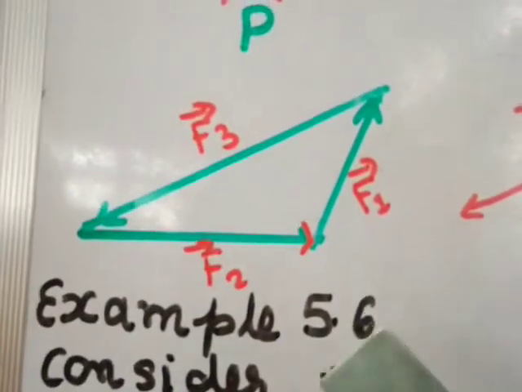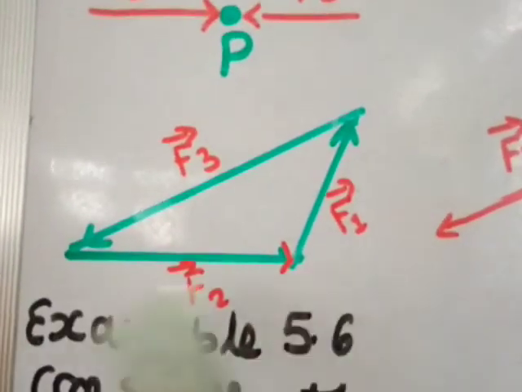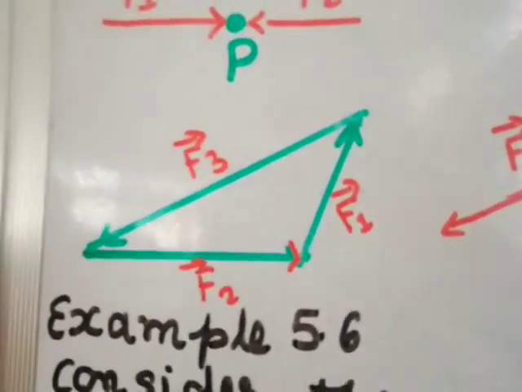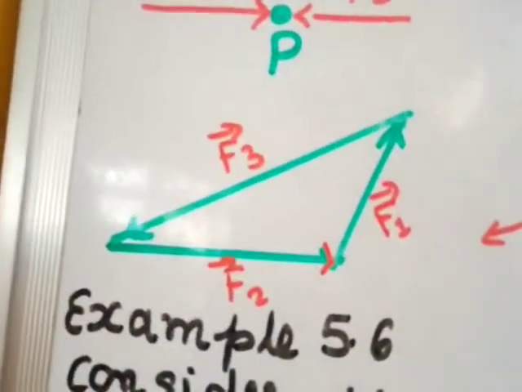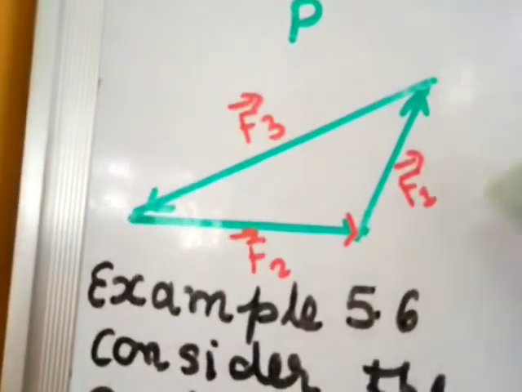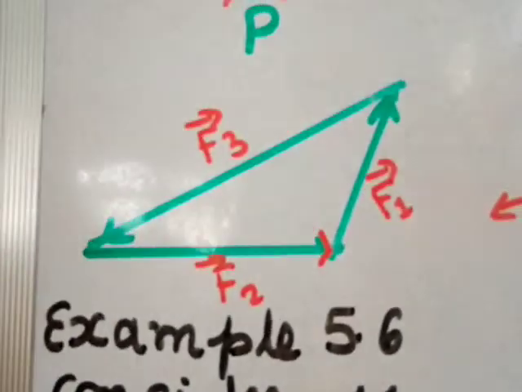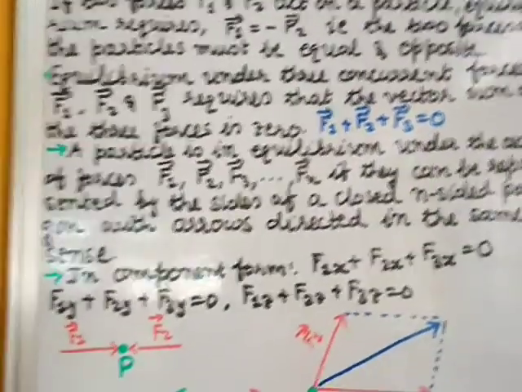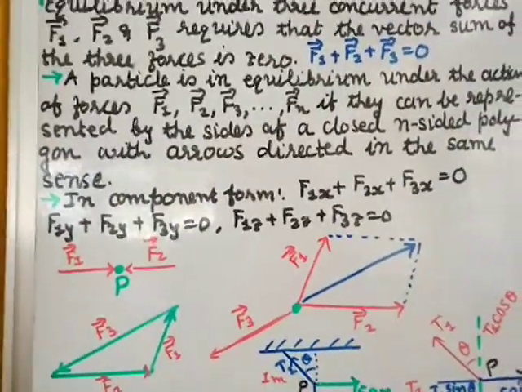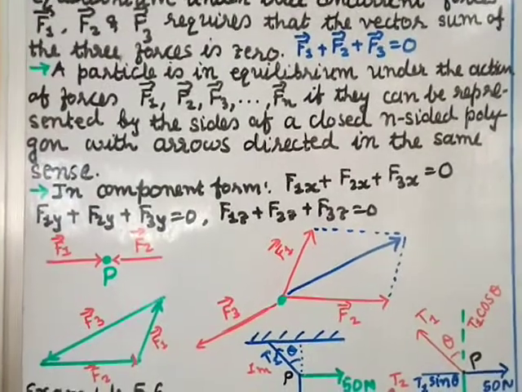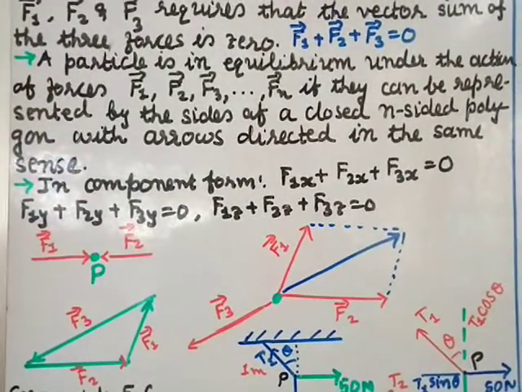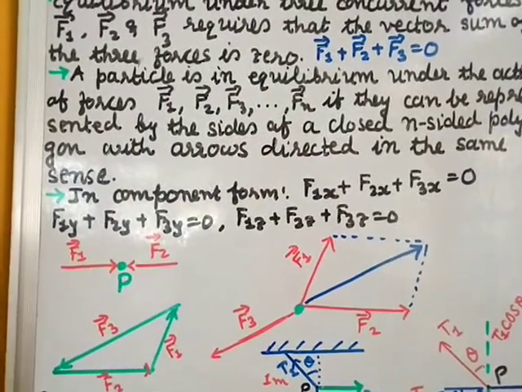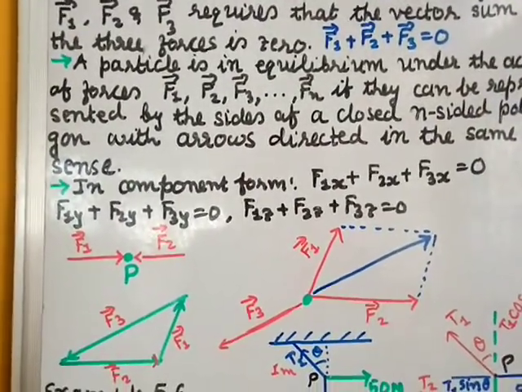Again, this diagram we can draw in a triangle form. Here see, this is force F1, this is F2 and this is F3, and all three have got the same direction, because the arrows show the direction, and the arrows are in the same direction. F1 plus F2 plus F3 equal to 0, if you want to write in the component form, since they are vectors, we can write in the component form. In the component form also they will be 0, that is the x component sum will be 0, the y component sum will be 0 and the z component sum will be 0.